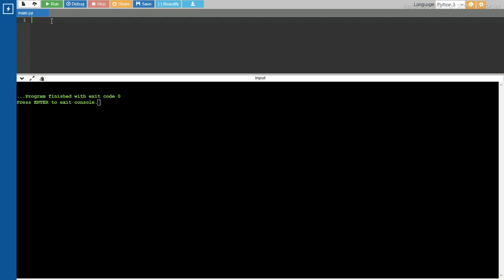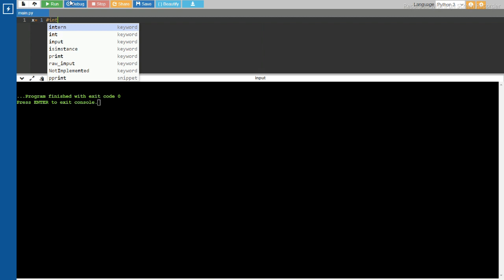Okay friends, let me type x equal to, let us take a normal integer 1, and let me mention the hashtag compulsory integer, int.